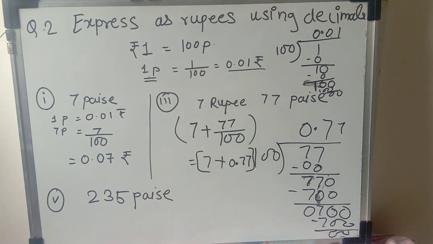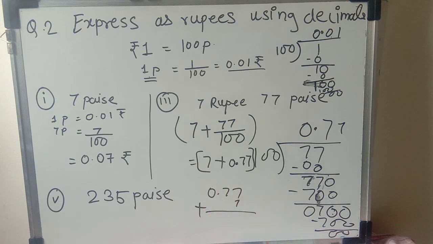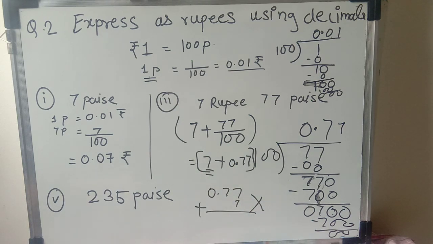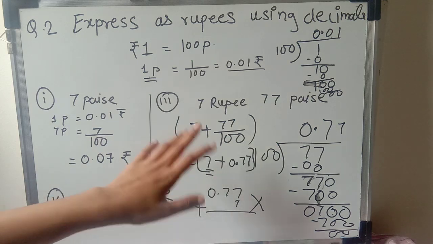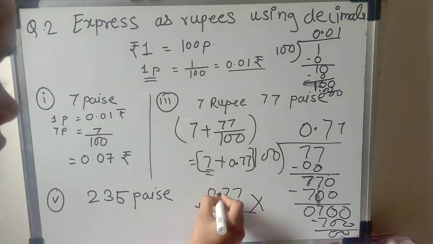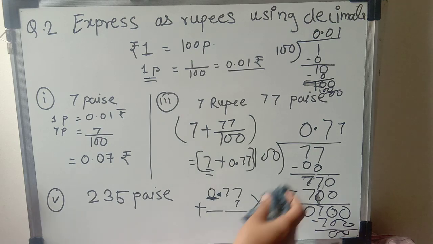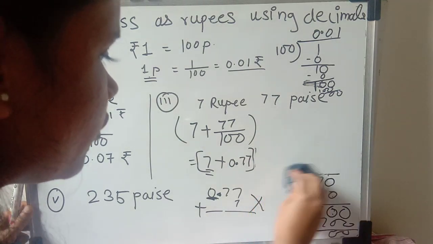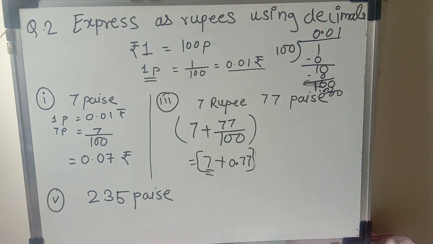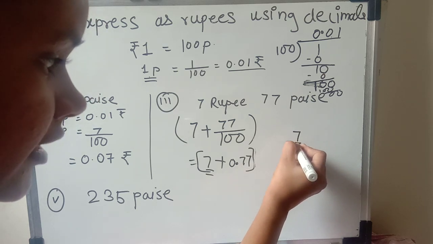Now students, don't add the numbers like this, writing 0.77 and 7 beside it and then adding. This is the wrong method. 7 is a whole number, there is no decimal. There is no decimal means that it is a whole number, and the whole number always comes before the decimal part. Let's see how you have to add the numbers. Please note down in your notebook how we are doing this, it will be helpful when you solve the next example. So here I will write 7 before the decimal. This is the number.